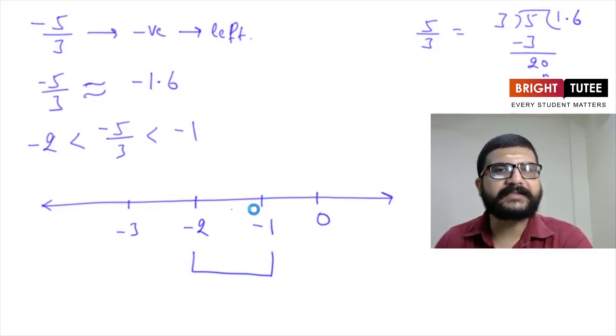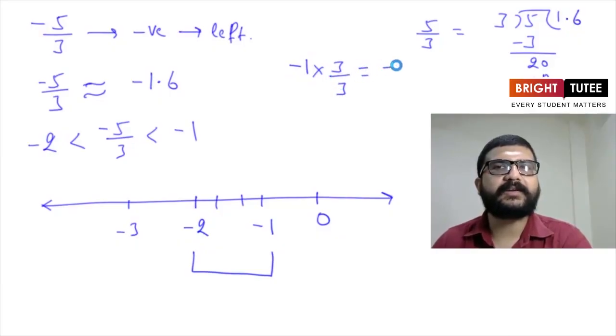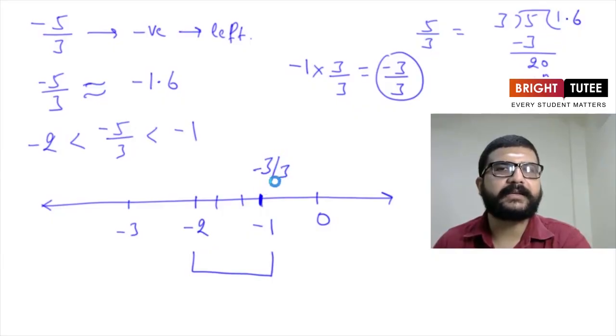For that we have to divide this region into 3 equal parts because the denominator is 3 here. So it will be like this. We have to use 2 markers, 1 and 2. So these are the 2 markers which are dividing this region, minus 2 to minus 1, into 3 equal parts. So what about minus 1? Can we write minus 1 in its equivalent form in which the denominator is 3? Yes, we can do it. So minus 1 has to be multiplied by 3 and divided by 3. Now this is equal to minus 3 upon 3. So this number here, minus 1, is basically minus 3 upon 3.